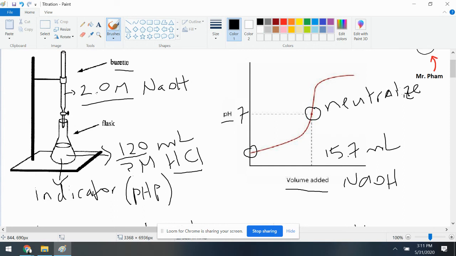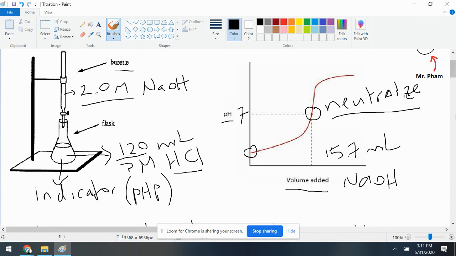Add the indicator before you titrate because you want to make sure the color changes. If it changes to light pink for that particular indicator, it means the pH has reached 7. When you reach the end point, or the neutralization point, it tells you